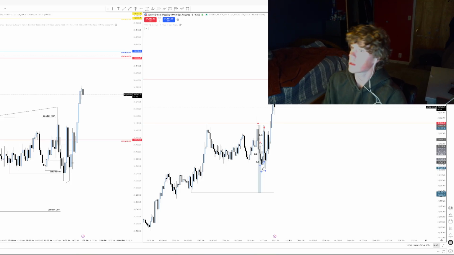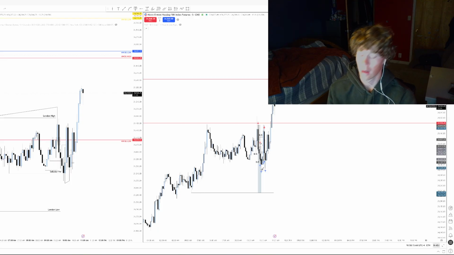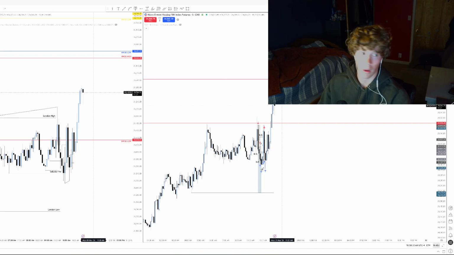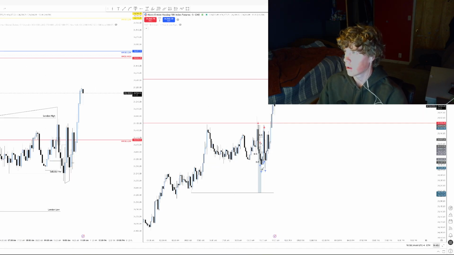I'm extremely happy with how I traded today. I took all great trades, didn't break any rules. I made $200 on my Lucid, and I made about $450 in total on my two Apex accounts. So that's about $200 across both of those. So